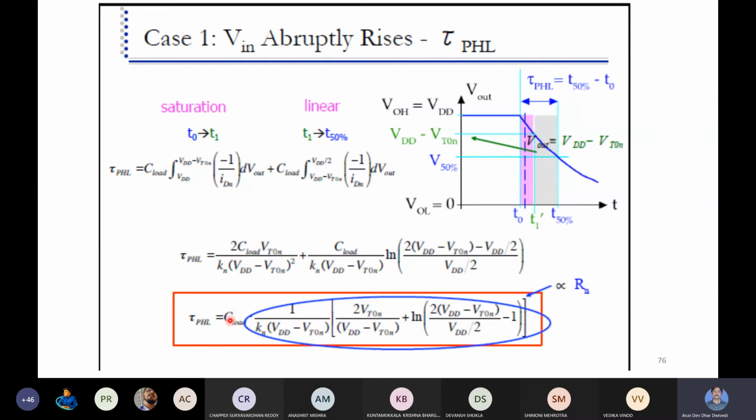So in C load you are including all kinds of capacitances, either internal or interconnect capacitances or the next stage gate capacitance, and whatever other additional term you are getting is directly proportional to the on resistance of the transistor. If you check its dimension, it should be the dimension of resistance. So this is giving the RC delay product for the falling output, going from high to low, and similarly when the output goes from low to high, it should also be calculated. So all these calculations must be done.